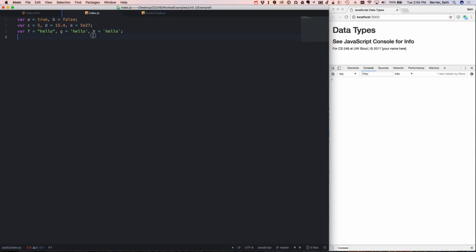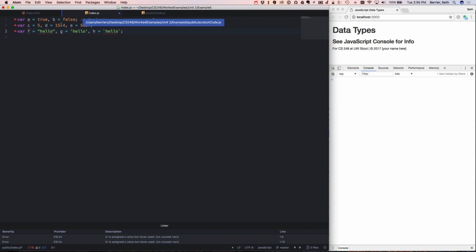So, let's declare some variables. Here we have several different simple variables that we are declaring. These variables are just arbitrarily named, and in each case I'm trying to assign it a certain type of value in order to force it to be one of those primitive types. The first two here, A and B, are very clearly Booleans. True and false are the Boolean values. Notice you write them without quotes around them. You should already be used to that by now,